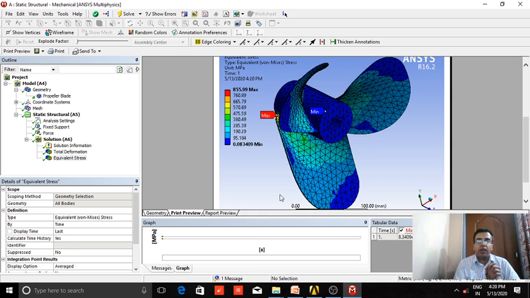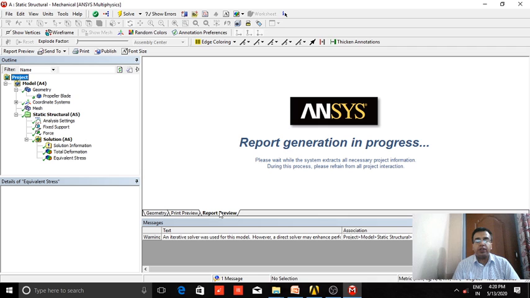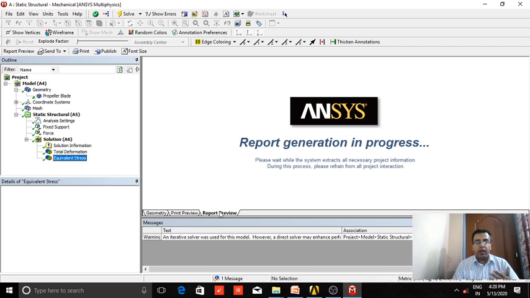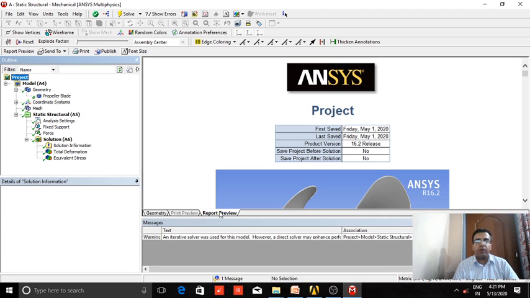And finally, the most important and interesting thing of ANSYS is that whatever analysis we perform, we can directly get a ready-made report built up from the software. And this is very important. Suppose we are working on a college project and we want to submit that report in our thesis, or we want an official report describing the contents of the analysis. So there is no need to prepare it from scratch.